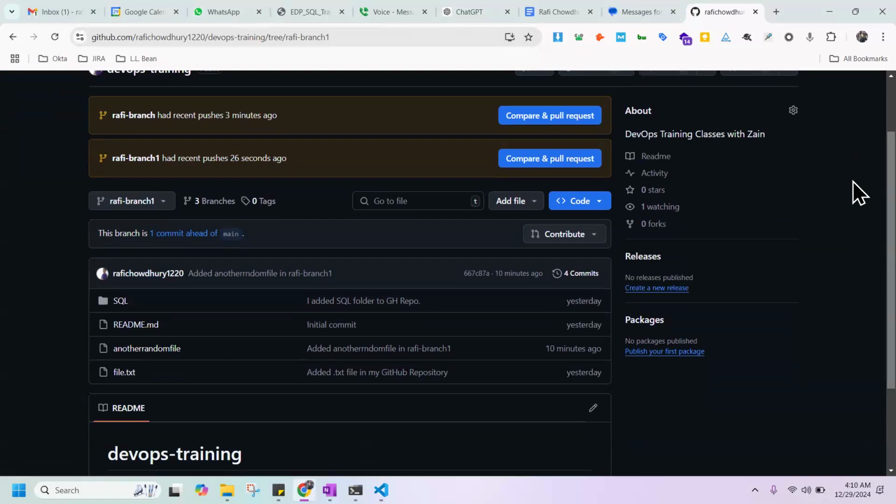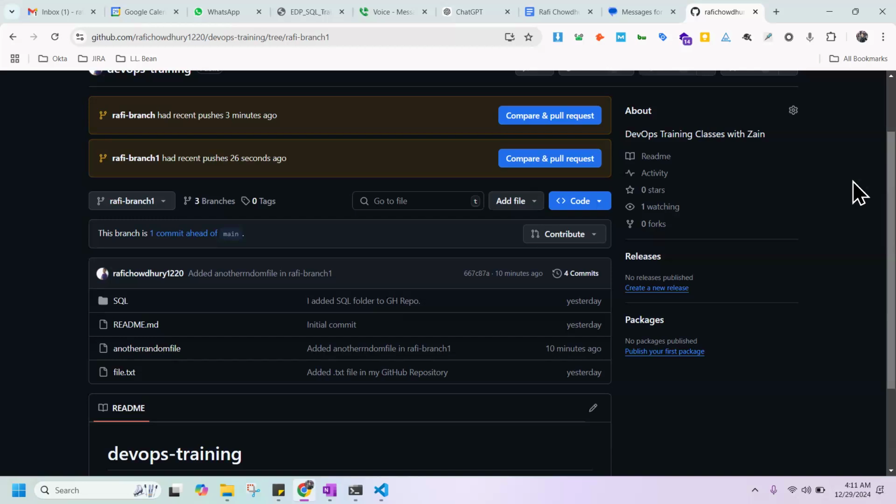So we created these three branches. We made some changes explicitly in those particular branches, and then we pushed our changes in the three branches on GitHub, right? And this is the purpose of creating the branches. The main purpose of creating branches is to separate our code from the main branch, right?